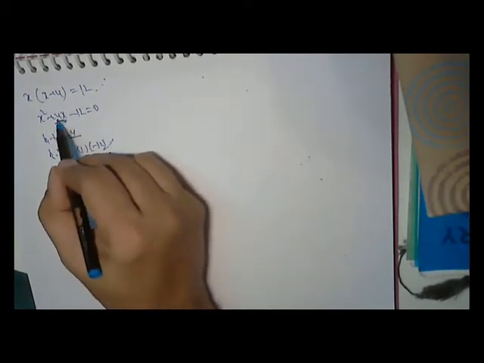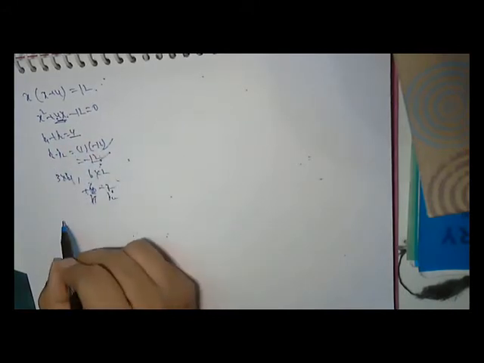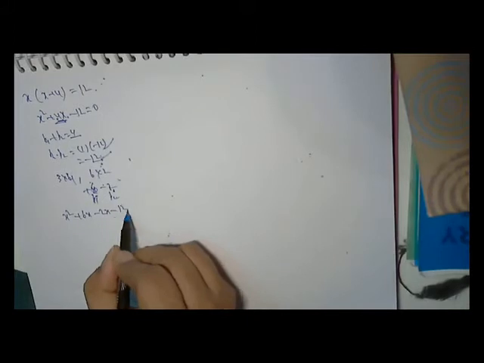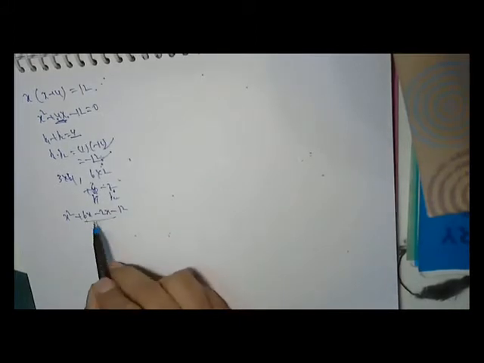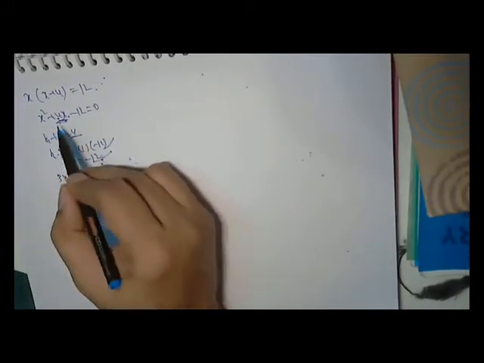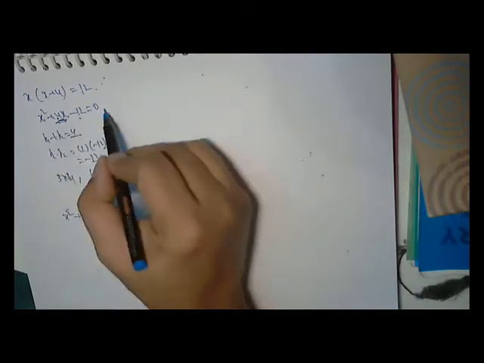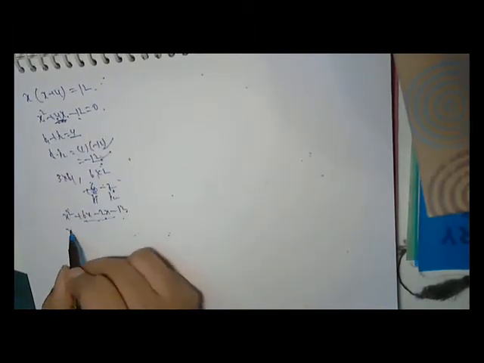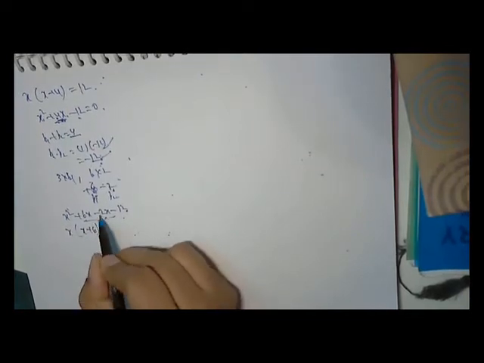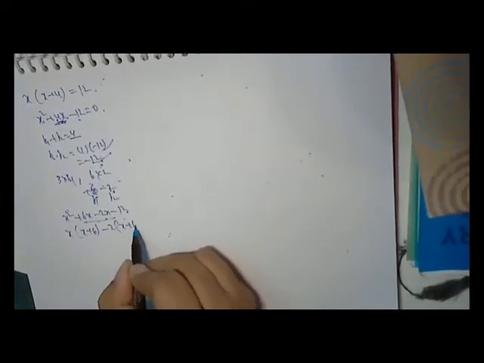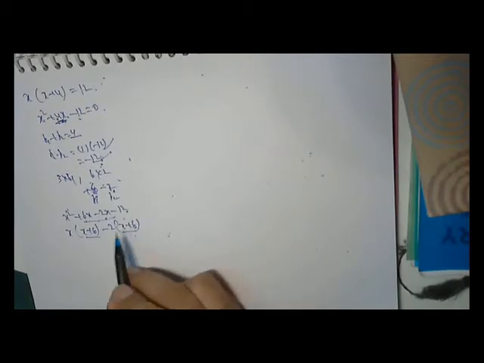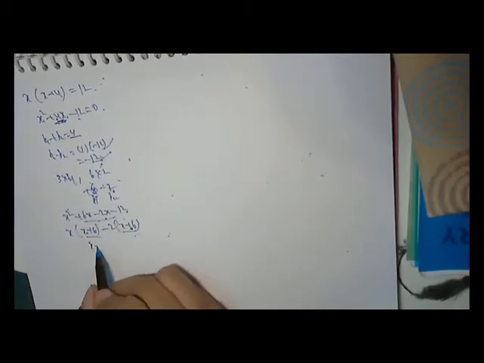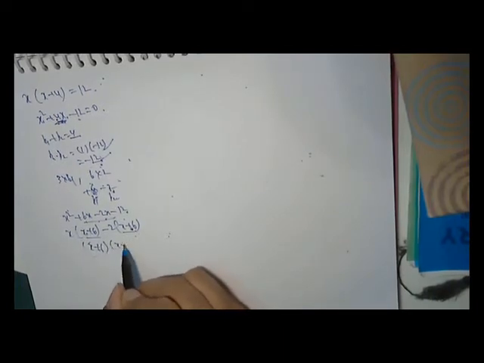So I am splitting this into plus 6x minus 2x. So let us split it: x square plus 6x minus 2x minus 12. 6x minus 2x is 4x, same. Minus 12. So the equation should not change. Only I am splitting the center term. So I am taking x common here, x plus 6. Here minus 2 I am taking common, x plus 6. Finally, what am I supposed to get? I am supposed to get a common factor. So x plus 6 into x minus 2.